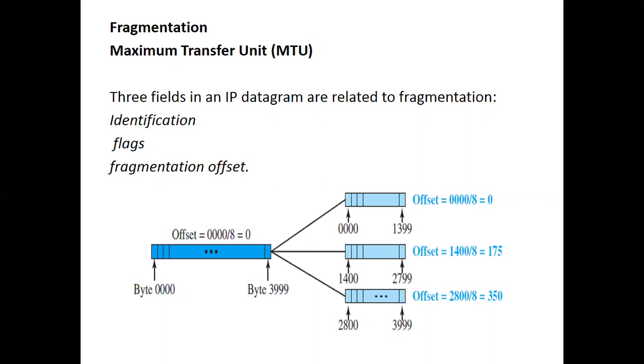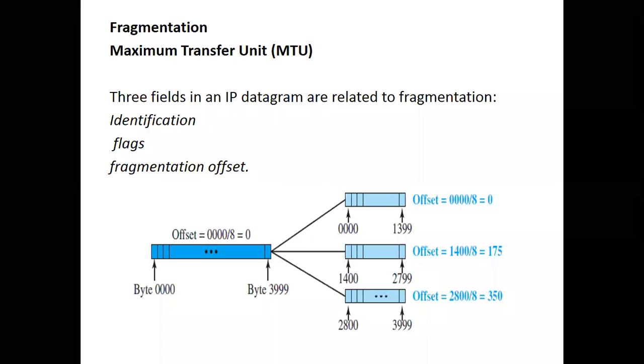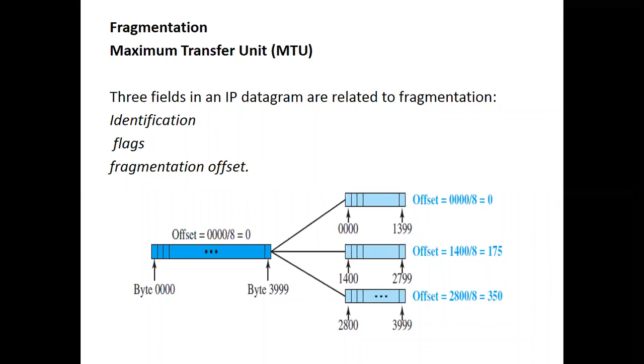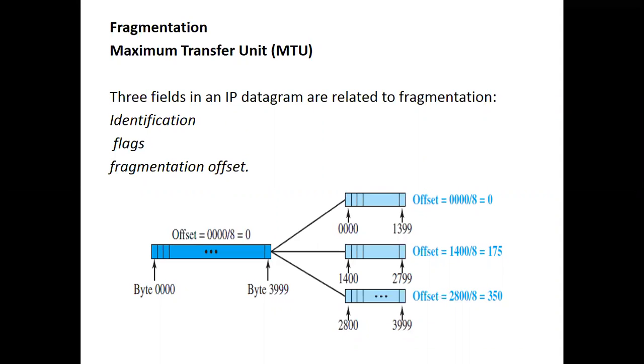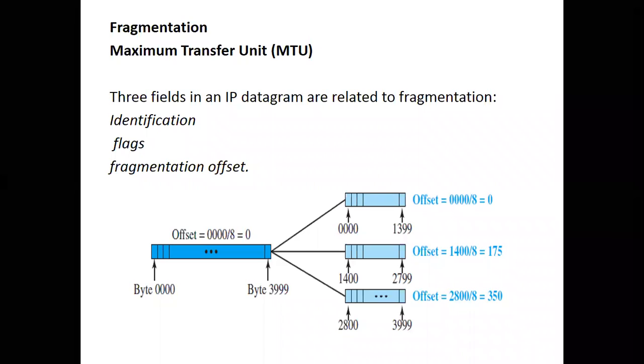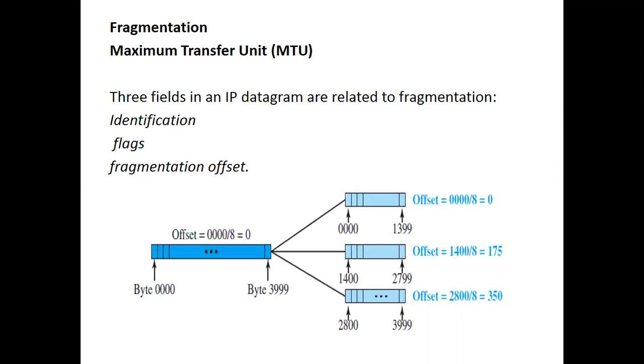Depending on that, if the datagram coming to the router is above this MTU, meaning the size of the datagram is more than the maximum transfer unit of the specific router, then that router can break that datagram into multiple parts. This is called the fragmentation procedure, and these parts are called fragments. There is no limit on how many fragments can be created for a datagram. It just depends on the size arriving at the router.